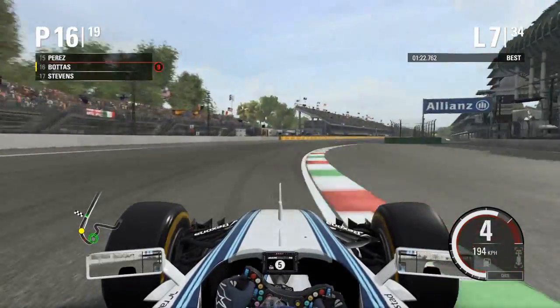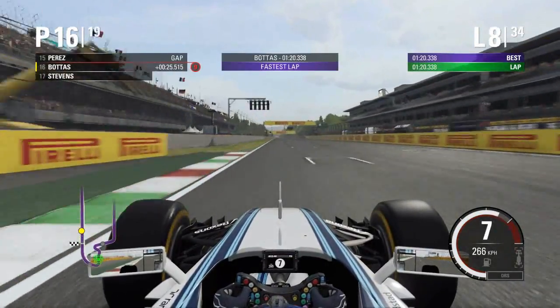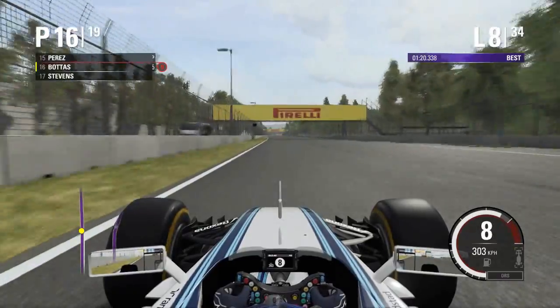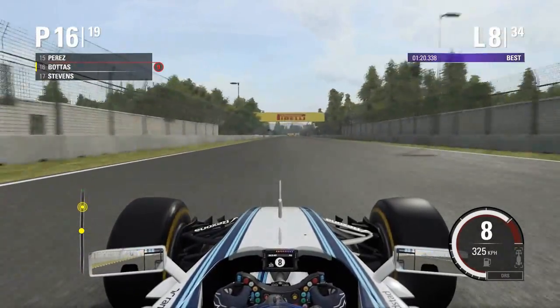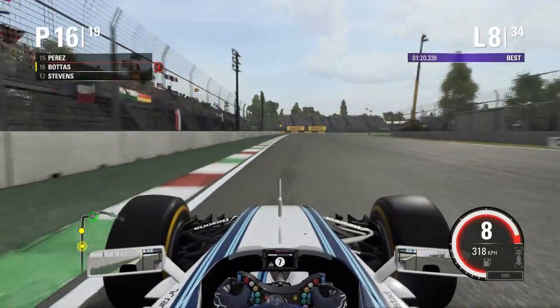And exactly 1 lap later now, going on to lap number 8, as you can see, we're going to come across the finish line here, set a 1 minute 20.3, an absolutely stonking lap time, but we're still 25 seconds behind Sergio Perez, so we've got a lot of ground to make up. And we're going to try our absolute hardest as we set that lap, and hopefully we can replicate